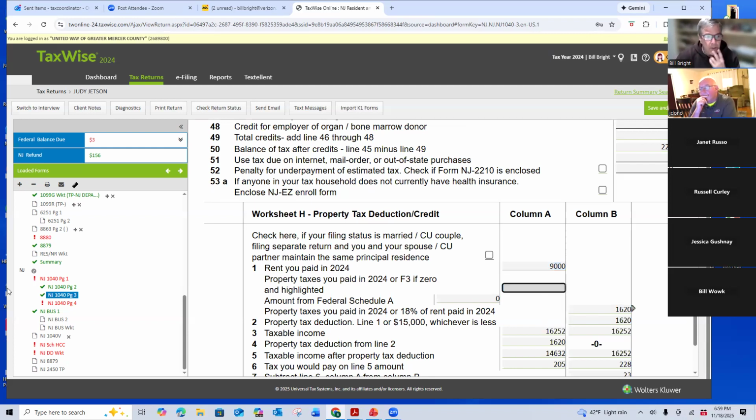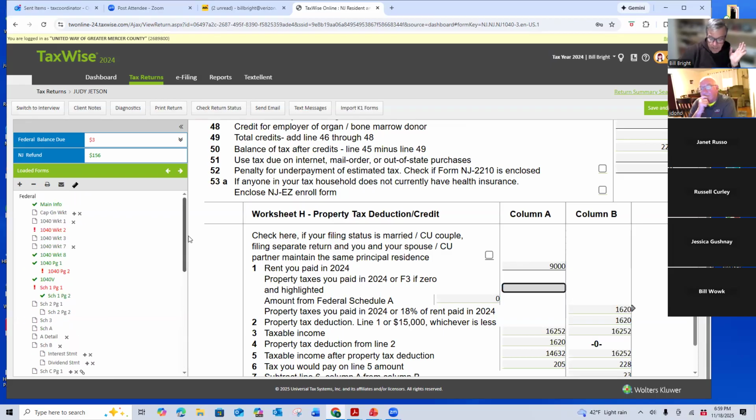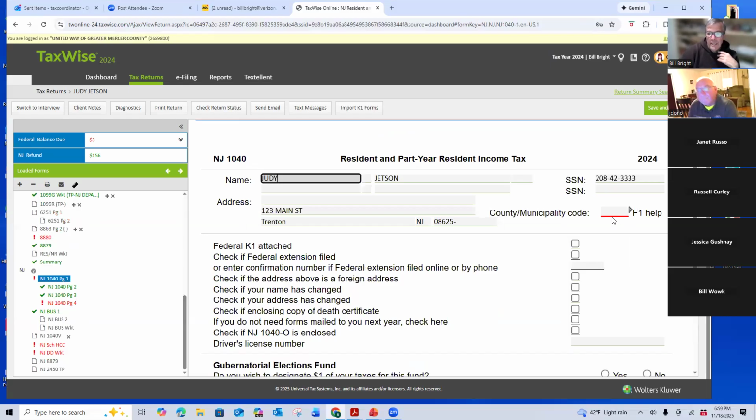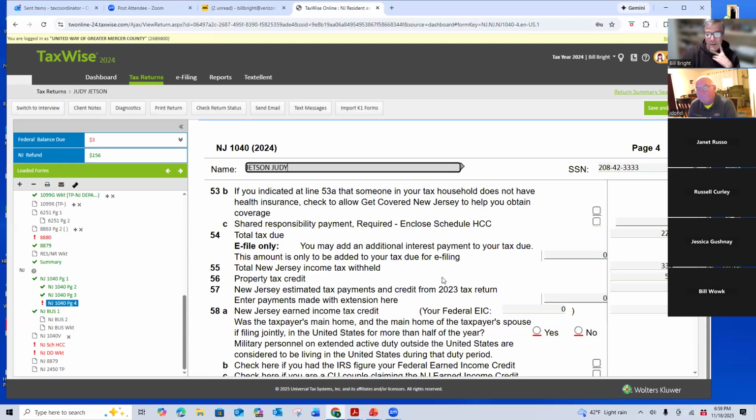Now there's a whole lot of other red here that we need to address, and that's what, now that I'm done, okay, I've got the bank account information, I've got the rent, I've got all this other stuff. So now I'm going to kind of clean some things up here. When you see a red exclamation point, that's not really an error, that's just drawing your attention to it, that maybe you want to make sure you have that right. But in the case of our New Jersey return, I know there is some issues here. You need the school municipal code, which the city of Trenton is 4 ones. And then on